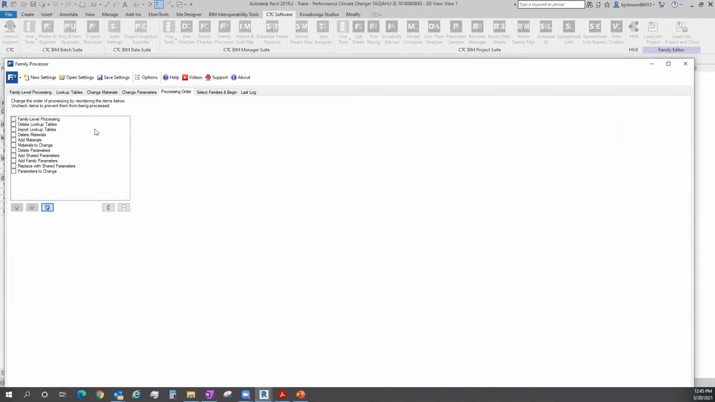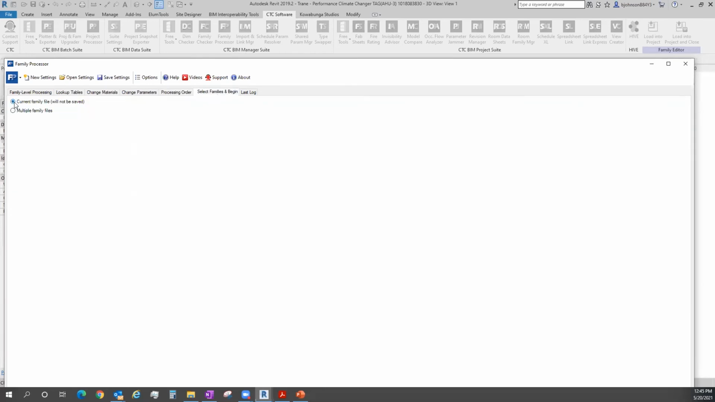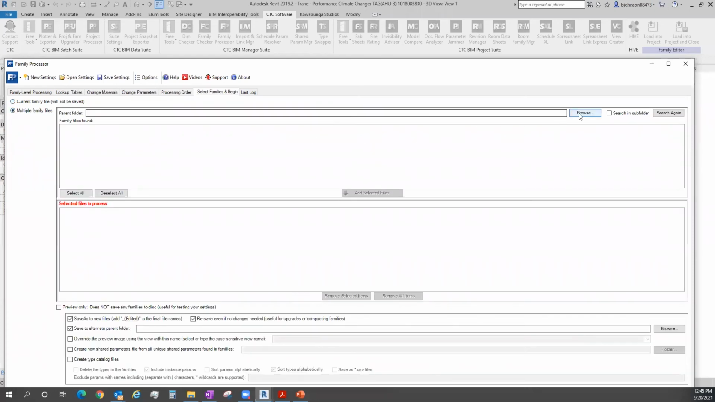When we do processing order, again, we can do things like change the order of the things it can do. Add or delete lookup tables, change materials, change parameters, all these components of things that we can do. They happen in the order we change them in. So one could happen before the other starts or whatnot. The current family could be changed, or we could do multiple families. We could browse to entire folders, entire directories. If you had like a